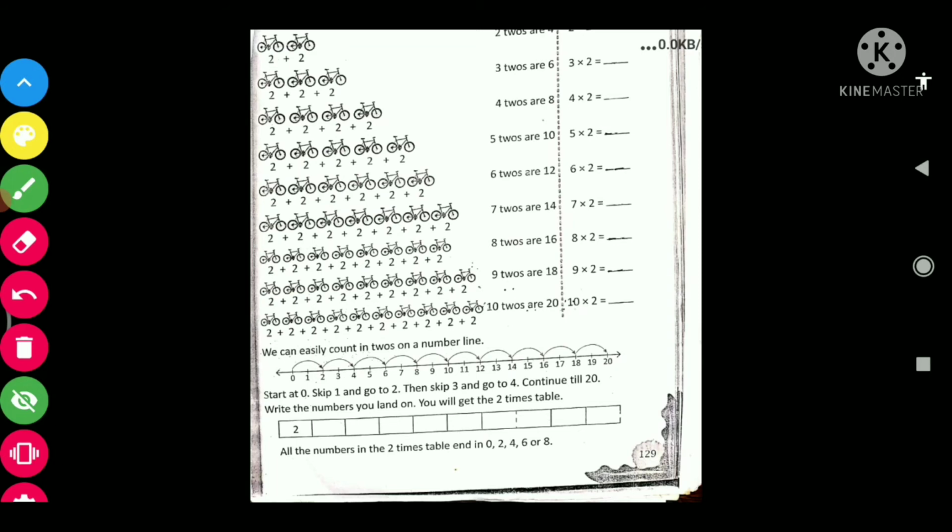So we'll start from 0 and then we'll take 2 steps. So one step is from 0 to 1 and then 1 to 2. So all together we'll take 0 to 2. Then again we'll take 2 steps, 2 to 4.